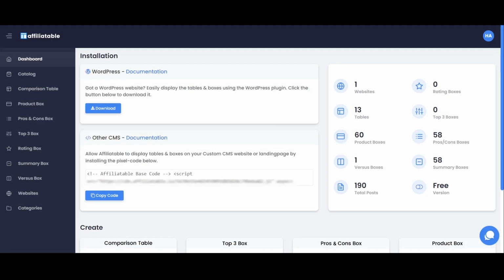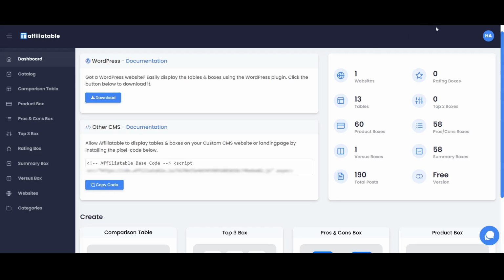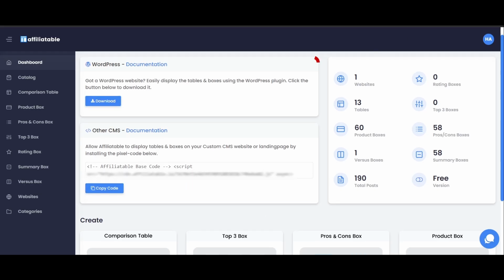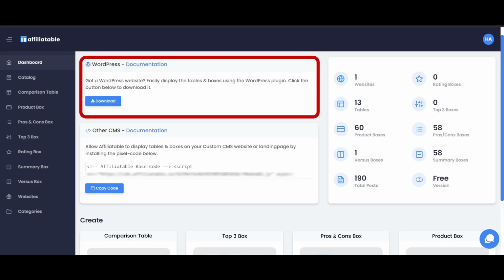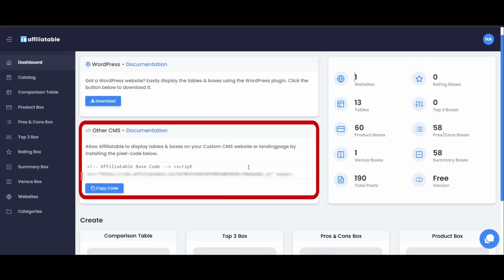Now let's talk about installing Affiliatable. The beauty of this tool is that it plays nice with all the major content management systems out there, including WordPress, Shopify, Blogger, Webflow, Wix, Weebly, and even custom HTML sites. You have two options for connecting your site: the WordPress plugin for WordPress websites, and a JavaScript script for other